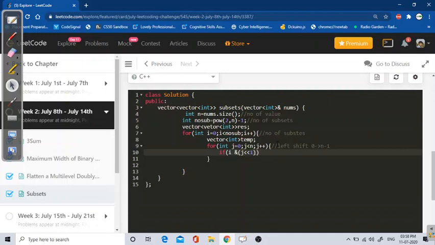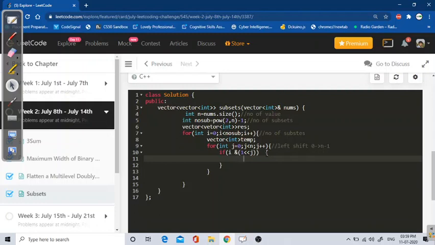Here my i is 0 and j is also 0, so I am doing a left shift of 0 here, right? j is 0 and i is 0, so 0 AND 1. 0 AND 1 will return 0, so from here I will get null. In the same way for 1, 2, 3, it will take care of that.